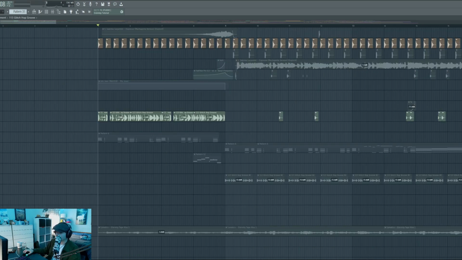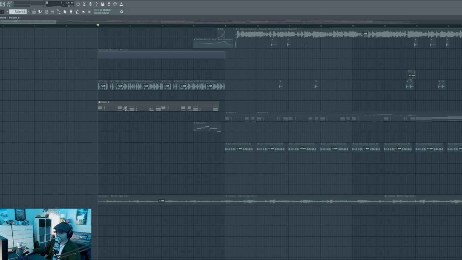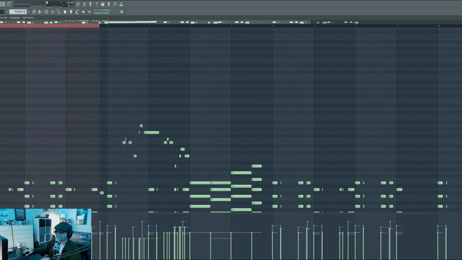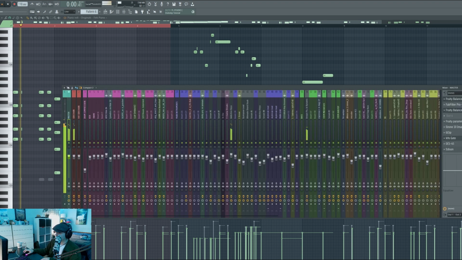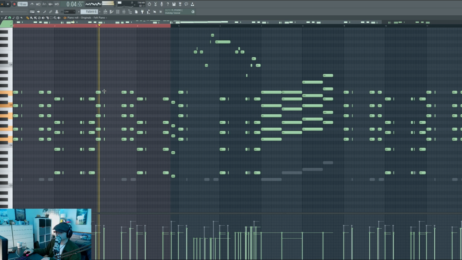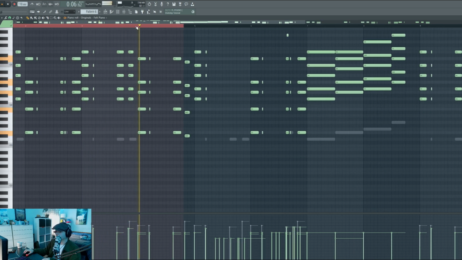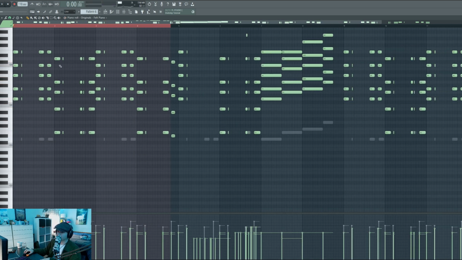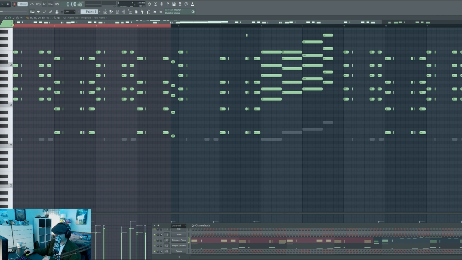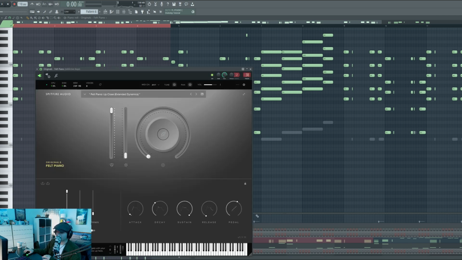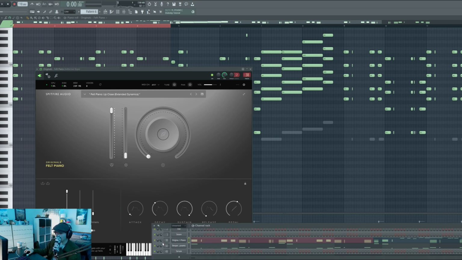And then on top of that, we have this little piano. I just transcribed by ear the chords of the original tune. It just does this 2-chord comp. So yeah, it's just 2 chords. It's the D minor with a couple extensions and an E minor with similar extensions. So I just toyed around with that. That's being played through the Spitfire felt piano, which is a lovely plugin for $20. I think most of the Celeste soundtrack by Lena Raine was composed using this piano, so you might recognize it